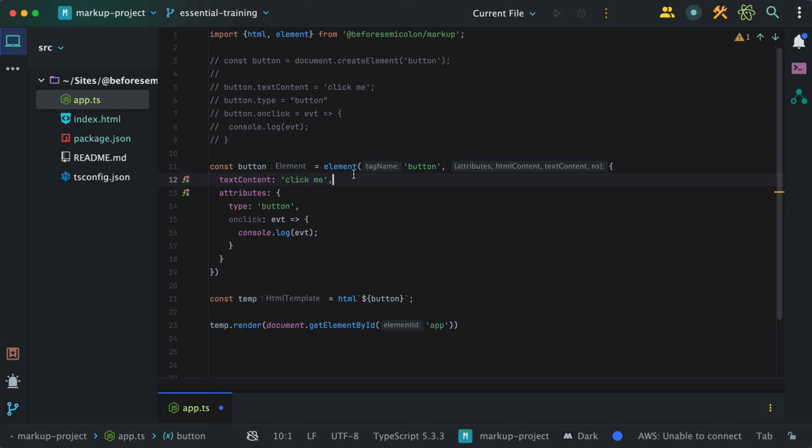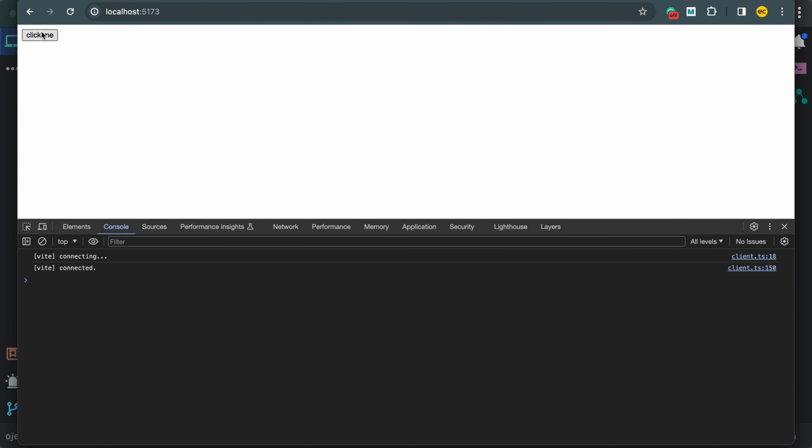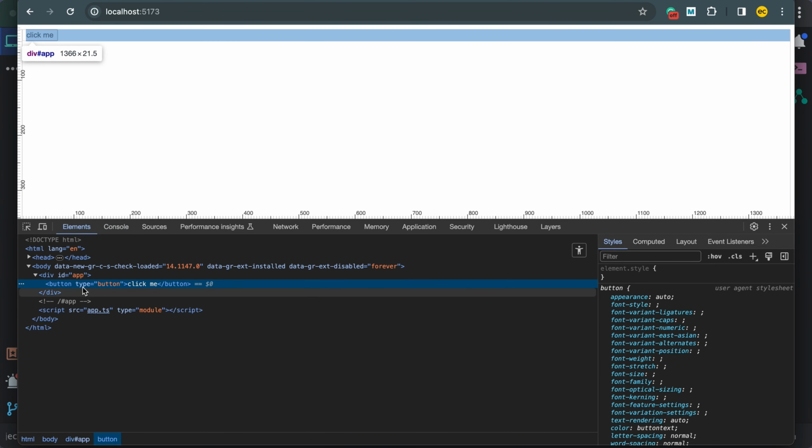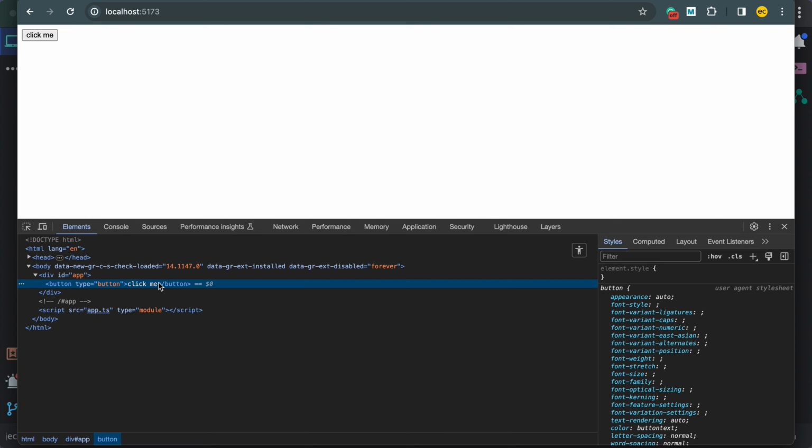There is also the HTML content property. The nice thing about this is that it allows me to do everything in one call instead of creating a variable, then updating things on it. Also, the onClick here is created using addEventListener instead of the onclick property, which can be overridden